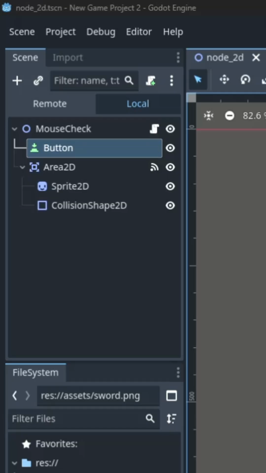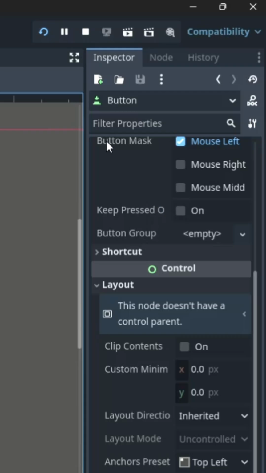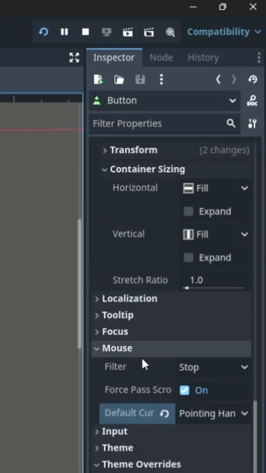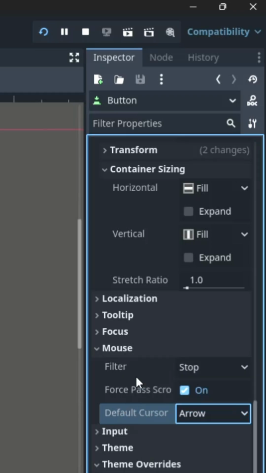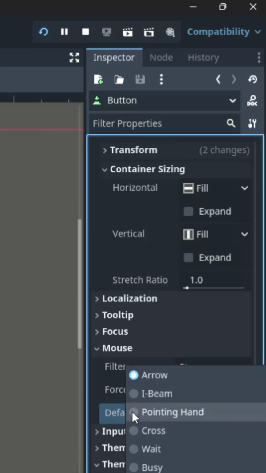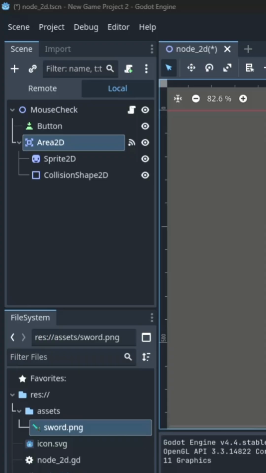If you're working with your UI and all you want is the pointy finger, all you have to do is click on your button, go over to the inspector, find mouse, and then you have default cursor, and it gives you choices. You have arrow, you have pointed hand, you have several other choices, but in our case we just use a pointed hand. For something other than a UI button, where we want to use the custom pointer, or we just want to change to the pointy finger,